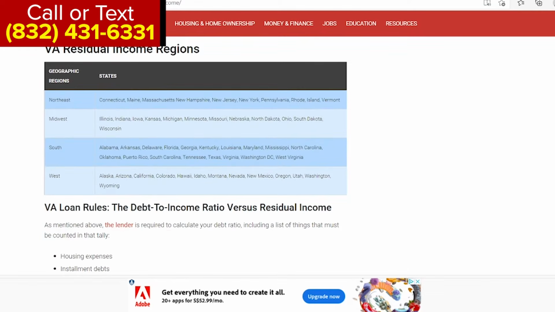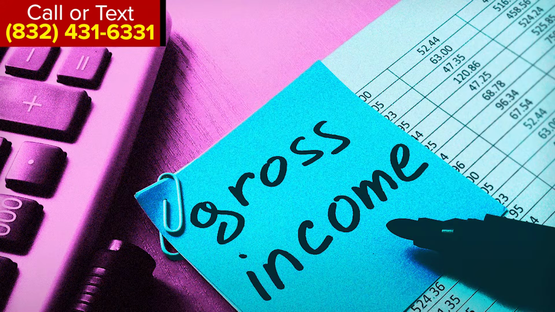Just tally up your income, your gross income before taxes, not net income. Then what are all your bills? Car payments, credit cards, student loans, alimony, child support, and also rent and utilities. They check all that stuff. And you have to have that number based on your chart, based on how many people live in your home and the region that you're in, available left over. If you don't, you're going to have to change some things in your household. Either reduce your debts or add more income to qualify.